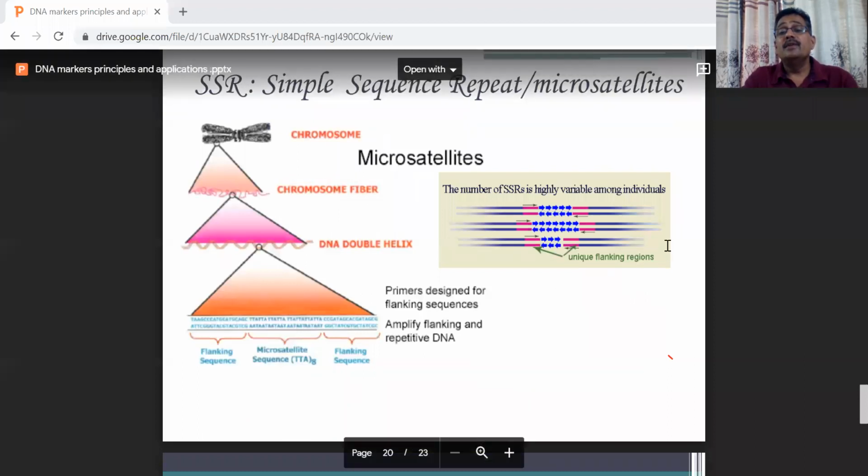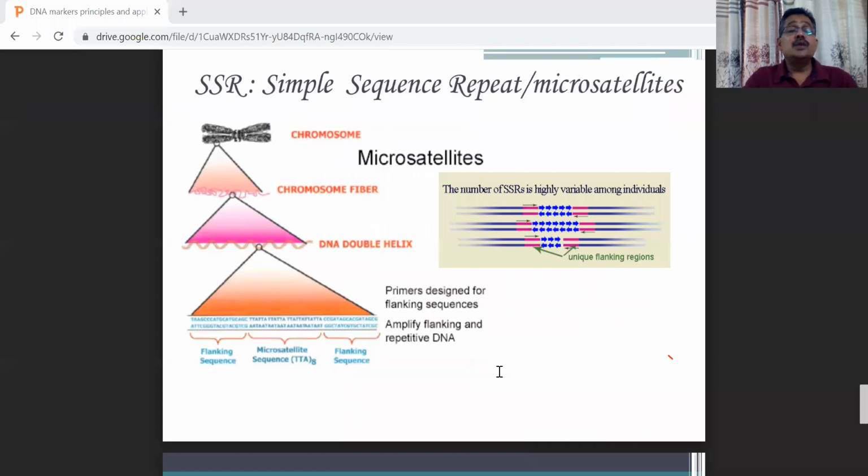When you sequence any chromosome, you get full sequence information. Whenever you look at the sequences, you can see there is a standard pattern of repeats. For example, TTA. These kinds of repeats are continuously present, for example TTA present 3 times, 5 times, 10 times. This is unique, followed by unique sequences. So these are all characterized repeats, and this can be used for developing SSR markers.